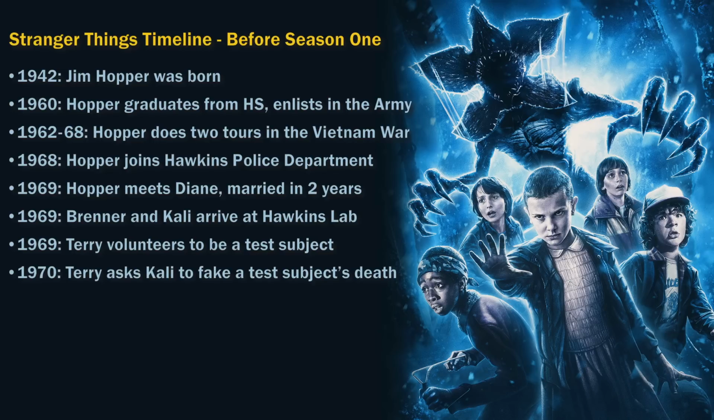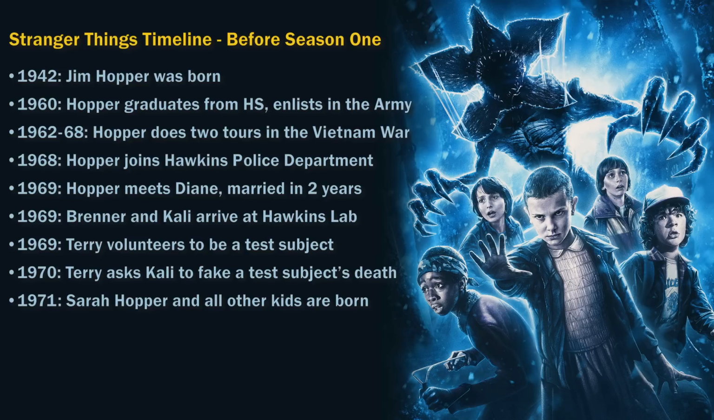In 1970, Terry enlisted the help of a 6-year-old collie to create an illusion that another test subject had died in order to help them escape the facility. Hopper's daughter, Sarah, was born in April 1971, and the funny thing is that this is the same year that all the other kids in the main cast were born, 11 included,